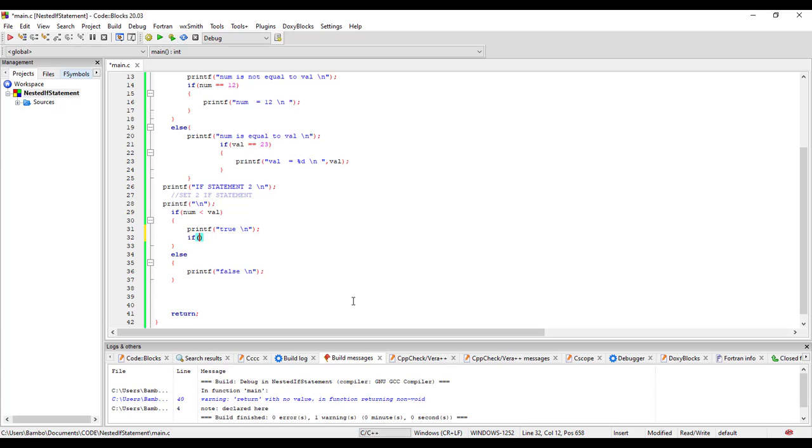So we would want to say if num equals 12 and val equals 23. Okay, we then want to be able to put an if statement and an else statement,